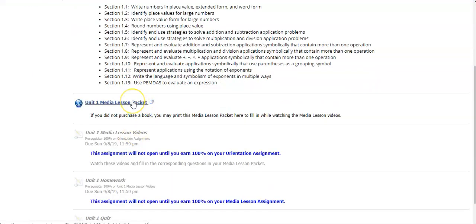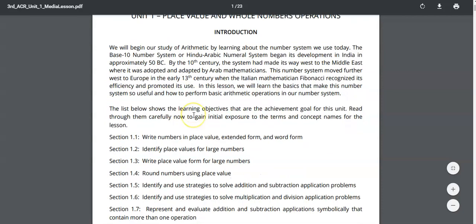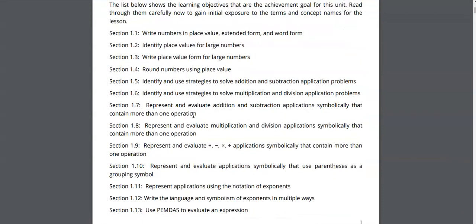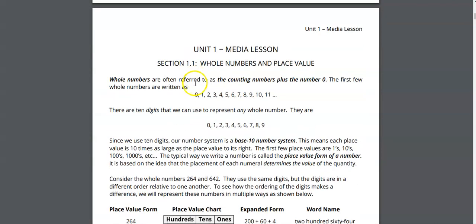Okay. Next, you'll see the media lesson packet. If you bought the book, this is in the book and you don't need to print it. But if you did not, you should click on it and you should print this. So you really want to have this printed, and not just read through it on the computer, so you can keep this as a resource as it's basically like your course notes from a classroom. So you'll read through,